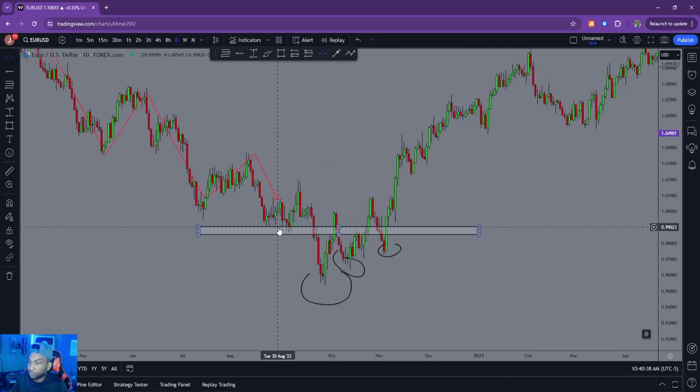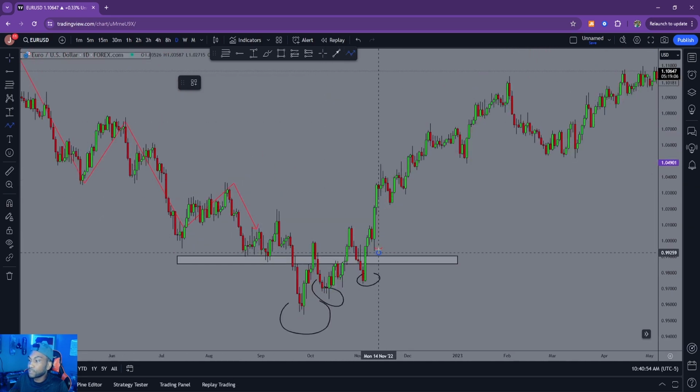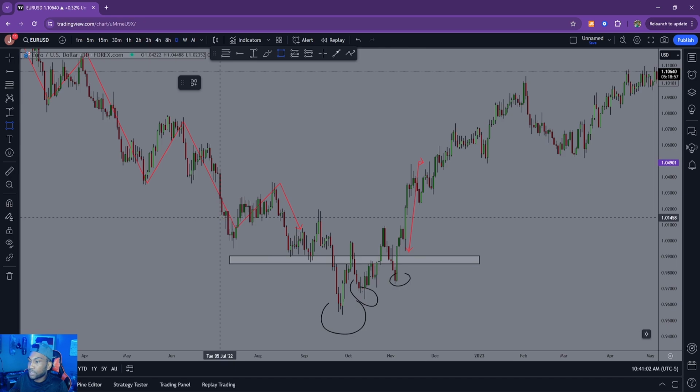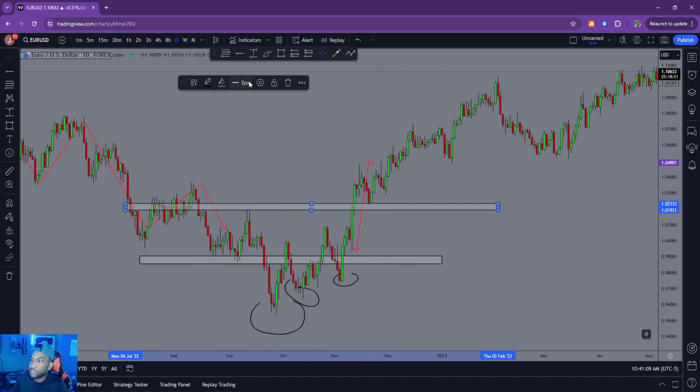Once we get this broken structure here, we could look for that retest, which we got a little bit around here in this range. We could take that retest, or we could wait for buys to continue up. If we want to play it a little safe, we could wait for those buys to continue up, and then notice the actual bigger break in structure in this range here,